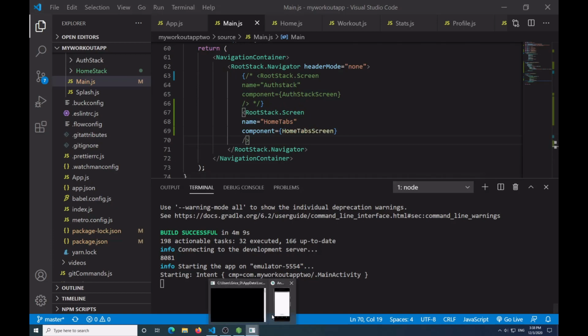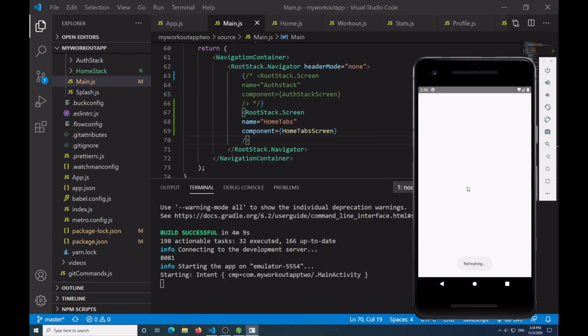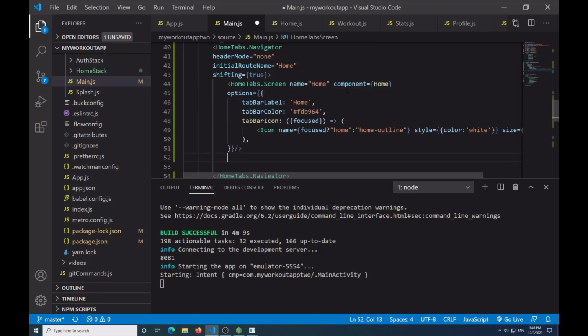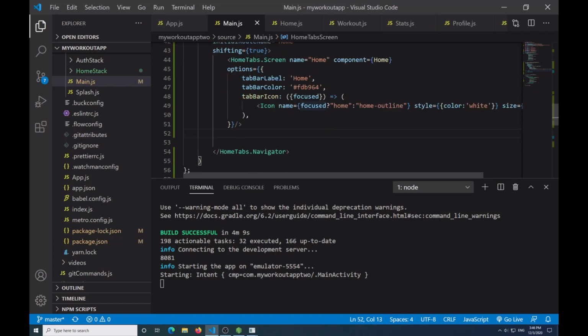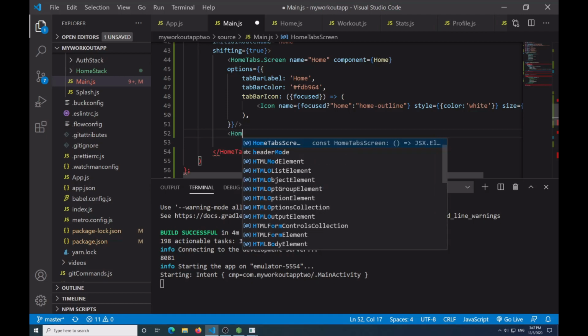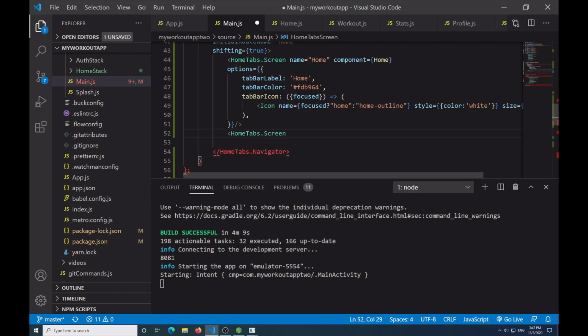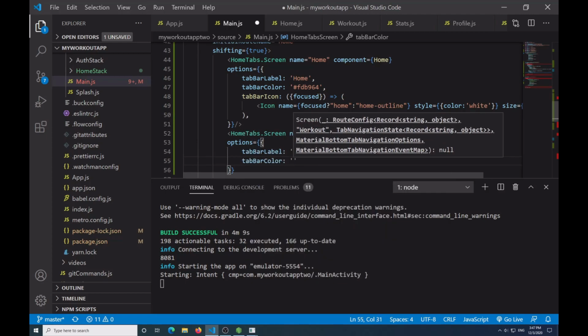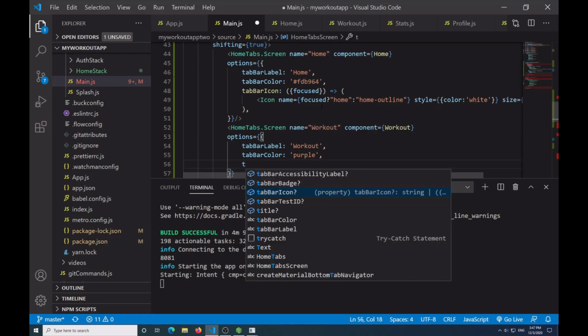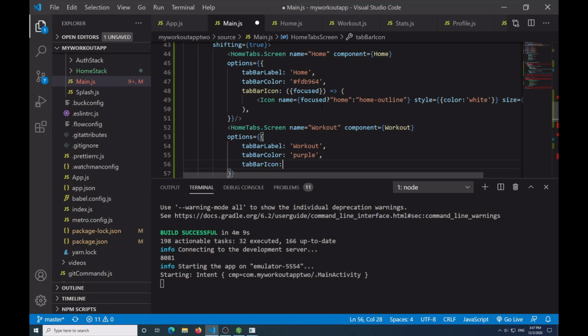So then I'll just create a new screen, come down here, this will refresh. So next, after my home screen, you need 2 or more tabs in order for it to render. So I'm going to create my second screen now. So I'm going to call this home tabs dot screen. The next one I'm going to put down is workout, and then the component is equal to workout. Then on my options here, I'm going to have them be just like before. So I'll say tab bar label. This time it's going to be workout. Then my tab bar color, I'm just going to put purple. And then the tab bar icon, I'm going to pass in the parameter